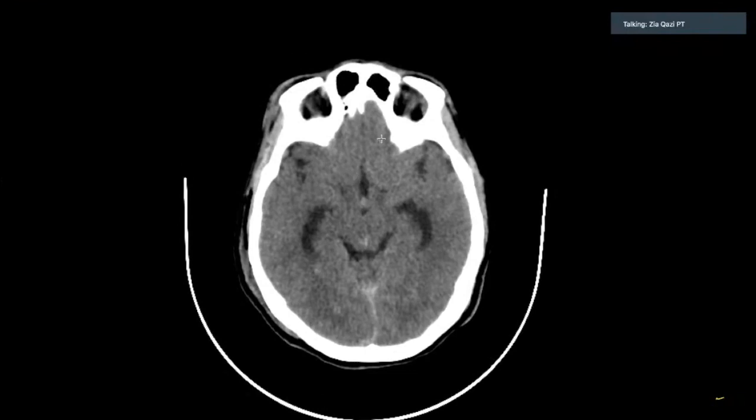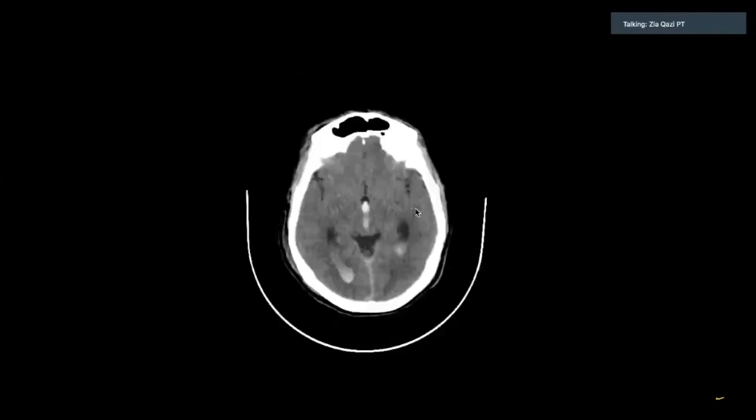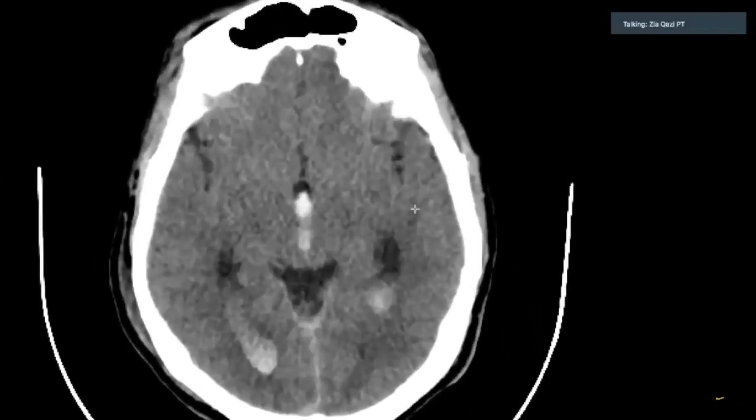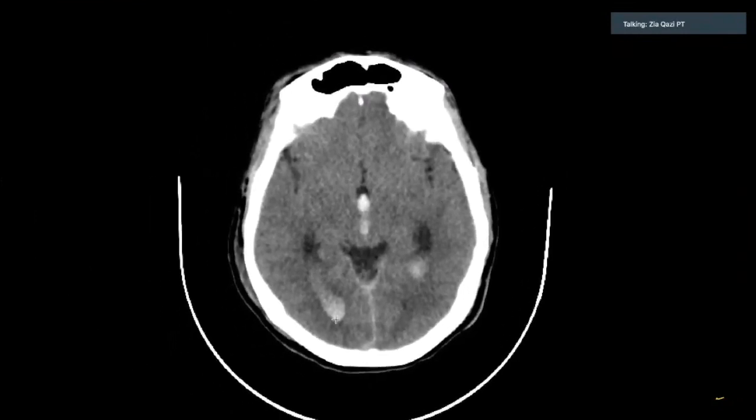As you go higher and higher, you see the frontal lobes forming, the temporal lobe seems okay and symmetrical, the posterior also seems a bit symmetrical. Now you see the ventricles are forming. Ideally the ventricles are supposed to be black. Let's see how they are in this scan. They are not. You see the ventricles seem hyperdense. There is something filled in the ventricle. It can be blood, because blood appears more white. So the ventricles are filled with this white